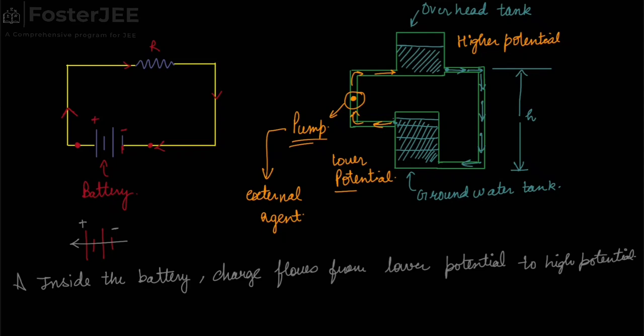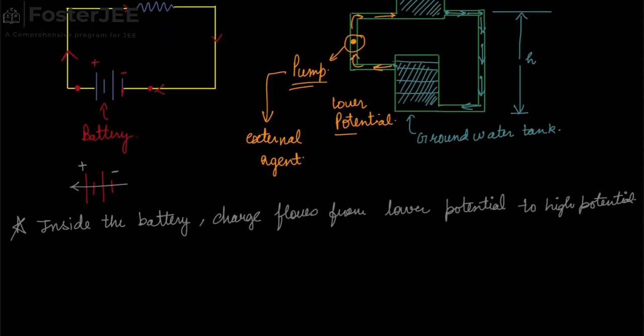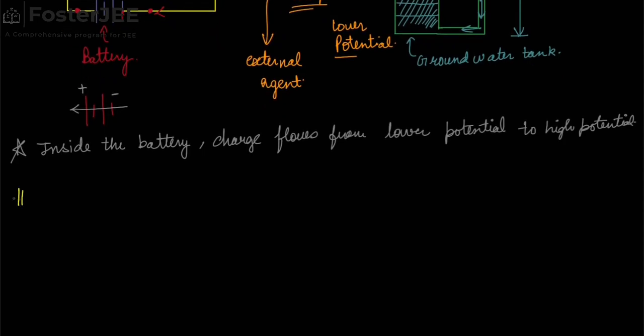This is an important statement. Now inside the battery the charge is flowing from negative potential to positive terminal. So there has to be some external force which is doing this, because the basic behavior of the charge is to travel from high potential to lower potential, but inside the battery the reverse is happening. So there has to be some external force, and hence we will write the influence